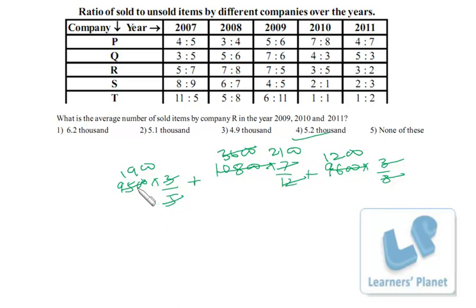Most of the students, what they do is they will multiply these two, then add all of them, and then divide by 3, right? So instead, if you have to find the average, and if you are able to see 3 everywhere in these 3 calculations, you just cancel it out instead of multiplying. Okay, that way you'll be able to save some time. Okay.